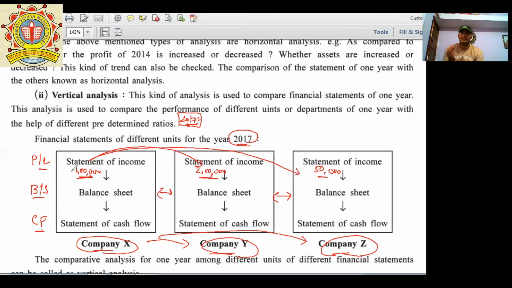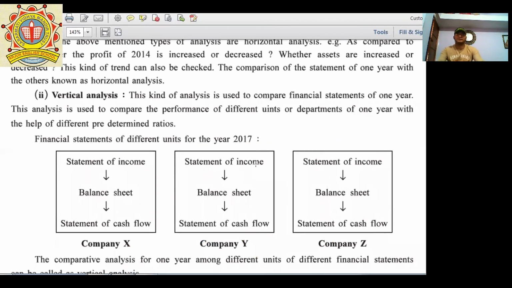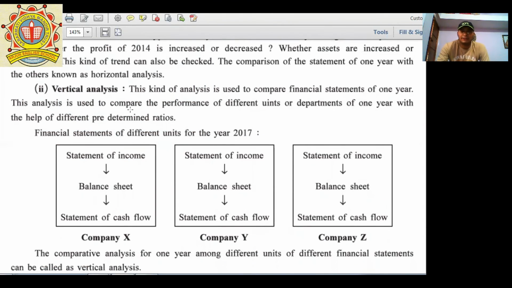Remember this: internal analysis, external analysis, horizontal or vertical analysis. It can be asked for the 1 mark question in section B. Remember at the starting of this chapter, I already said that in section B there is one question for 1 mark. So these are the questions like what are the vertical, horizontal, internal as well as external analysis. So it can be asked in the exam. So remember these definitions very carefully. Okay. So finally vertical analysis I have completed.